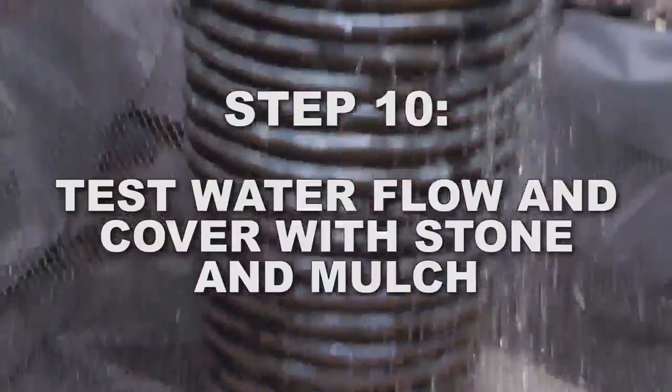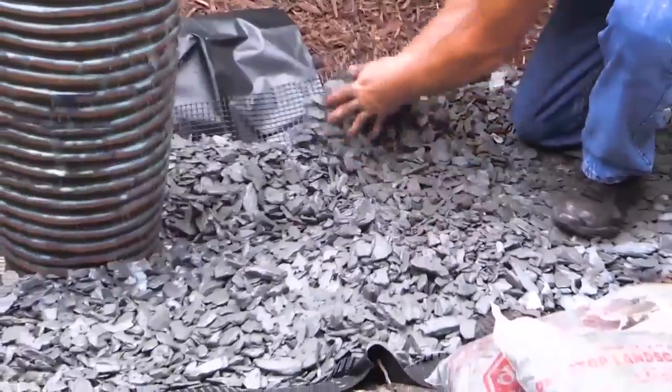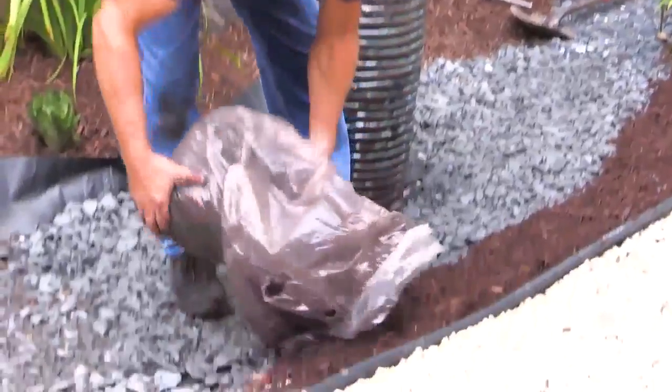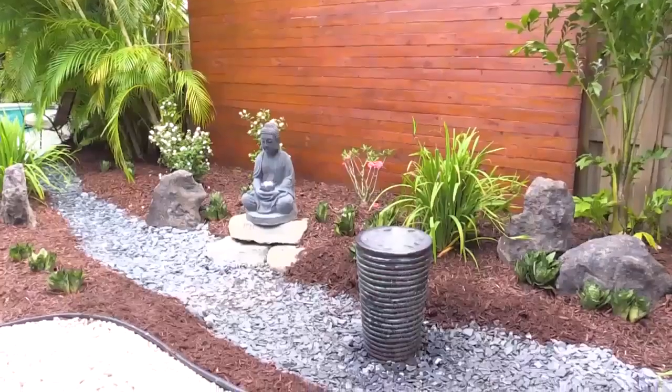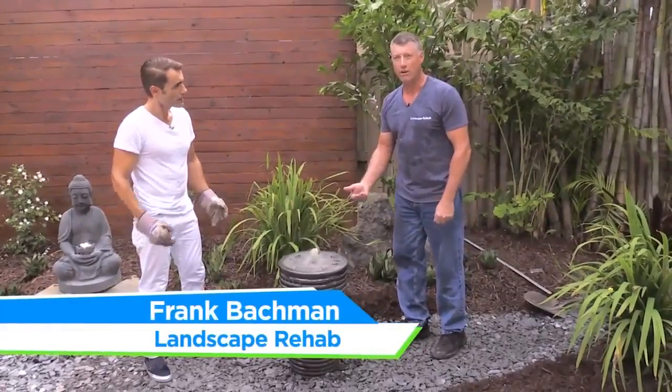So turn the water on, make sure that it bubbles out the way you want. If it looks good, put your stone on top, cover up the lining, and cover up the edges with your mulch, and you're all set and it's ready to roll. The great thing about this water feature is once you shut it off, this water